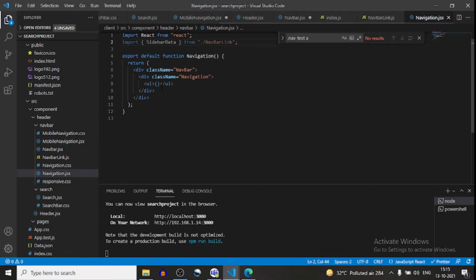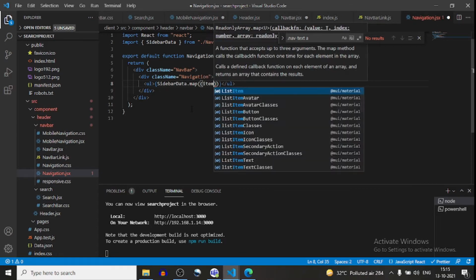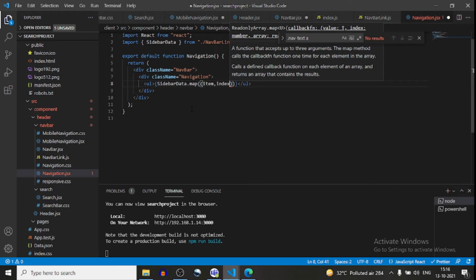Now this sidebar data I will use here with the sidebar data dot map function, and inside this map function I will pass item and index.